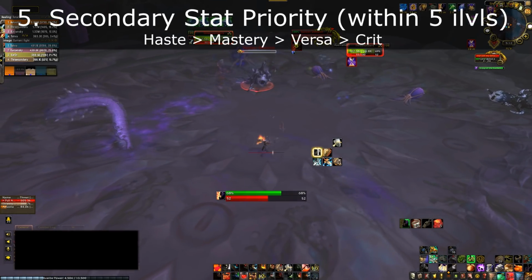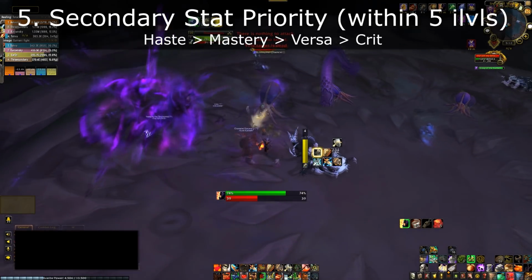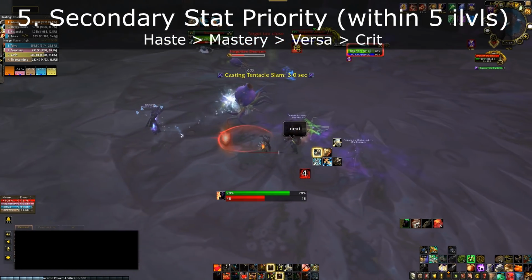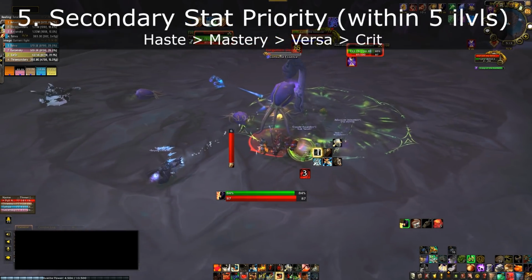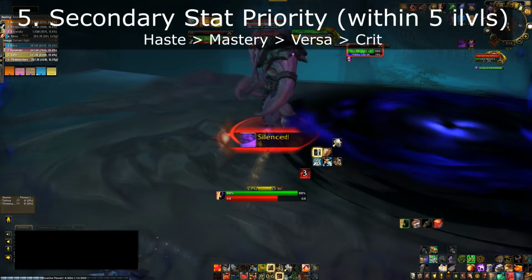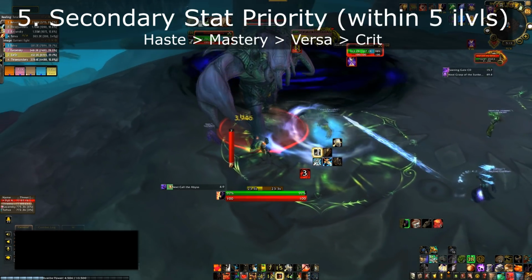And last on this list of being ready for Uldir is maximizing your secondary stats as best as you can. Now this is at the bottom of the list because you should be picking item level over everything, but the secondary stats do matter if you have the choice. And our secondary stat priority is going to be Haste first, followed by Mastery, being closely followed by Versatility, and the last one that you should be avoiding if you can